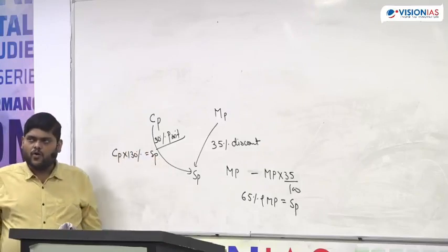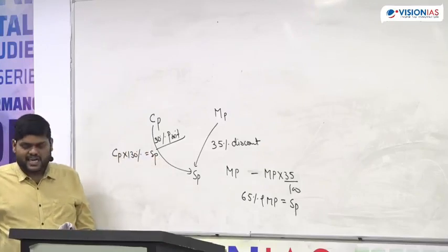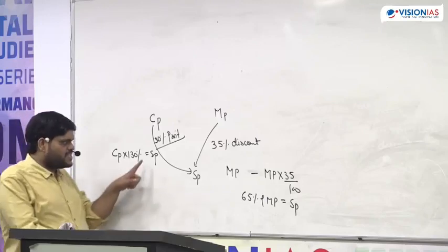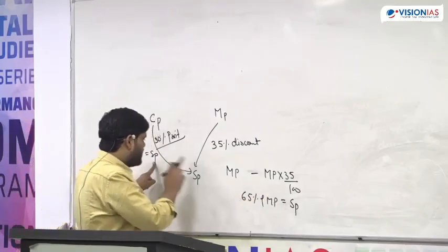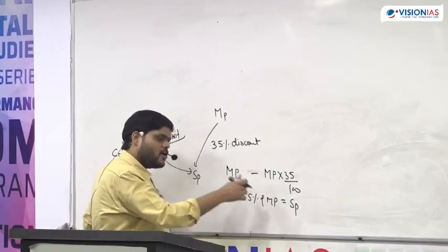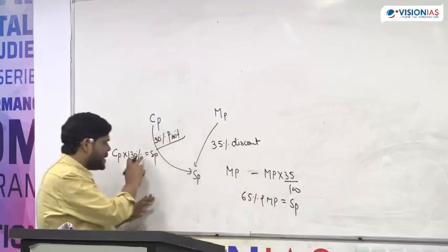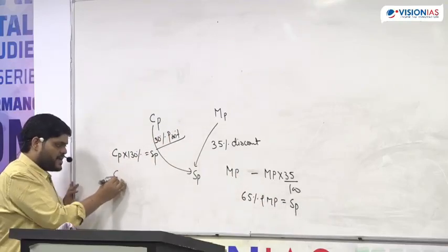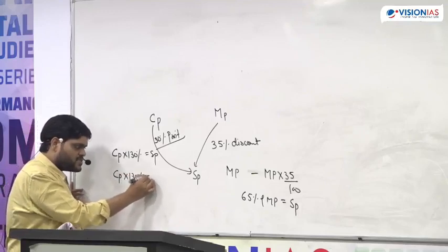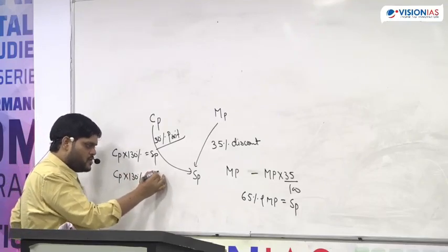Now these two SPs are there. We have to find the relationship between CP and MP, the tag price. So we can simply equate both equations. From here we can say that CP into 130% is equal to